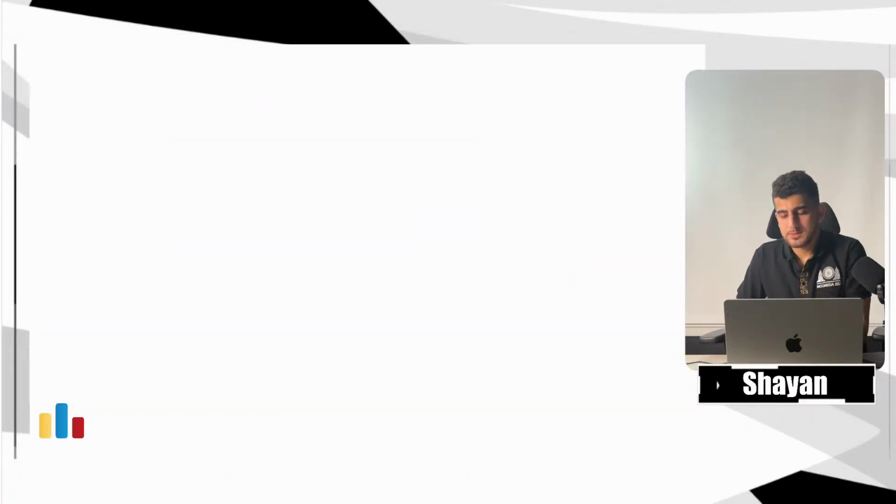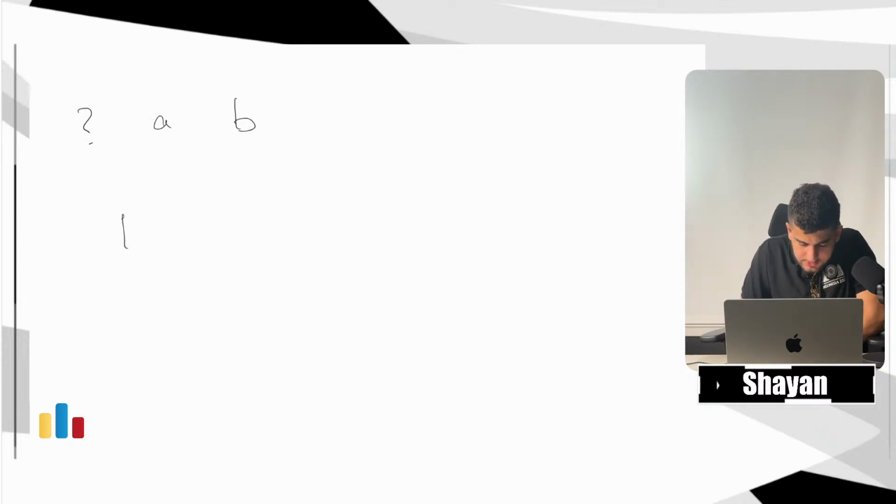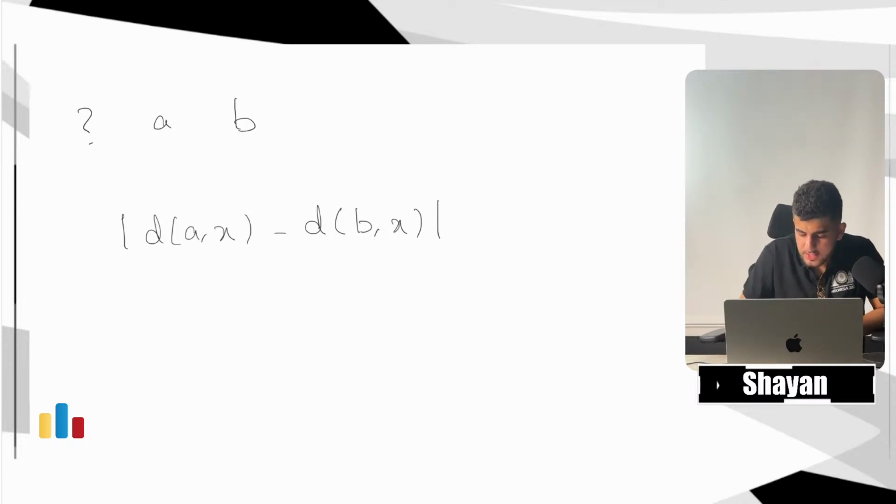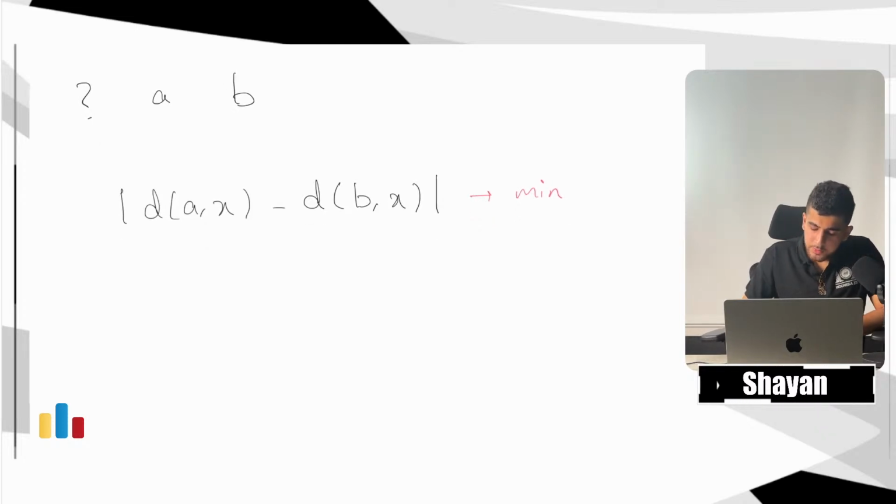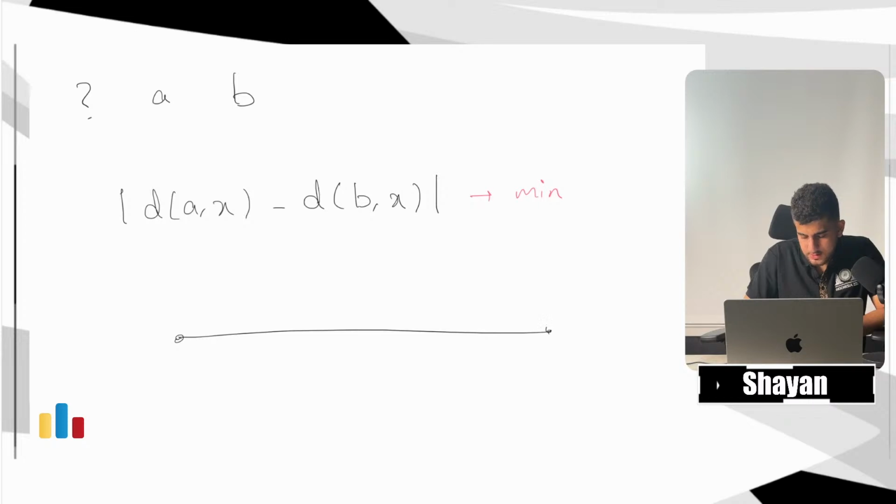What do we do on this problem? Well, we know that when we ask A and B, the answer is going to be a node x such that it minimizes d of A and x minus d of B and x. Let's figure out what exactly this x is. What does it mean that it minimizes this value, d of A and x minus d of B and x? Well, the point is that if you consider the path between A and B,